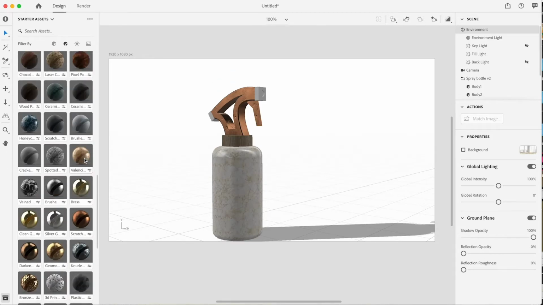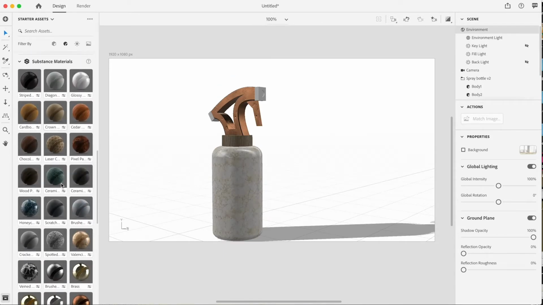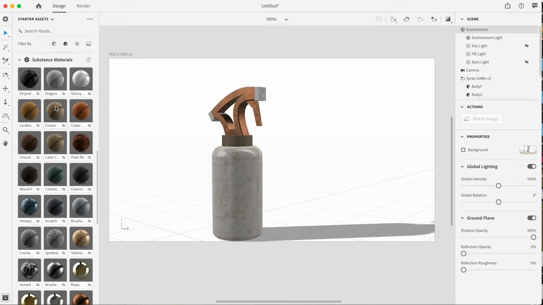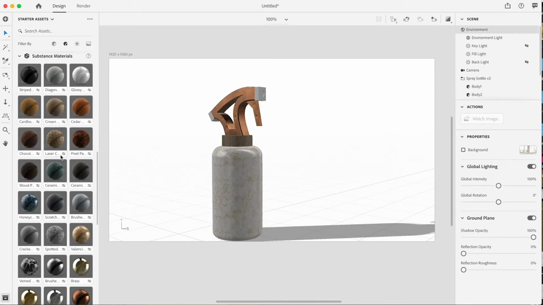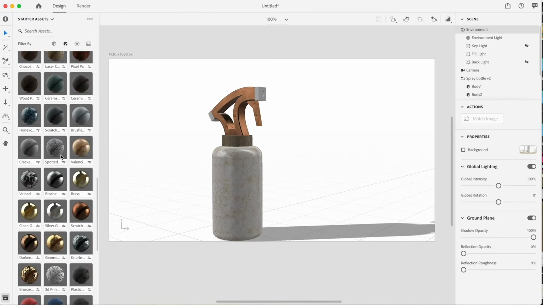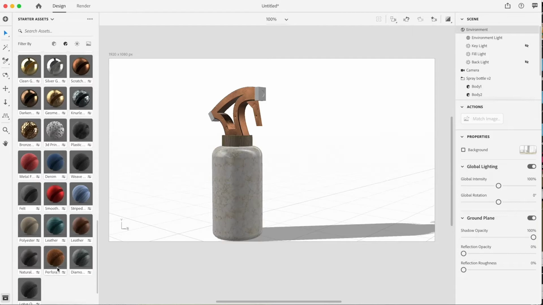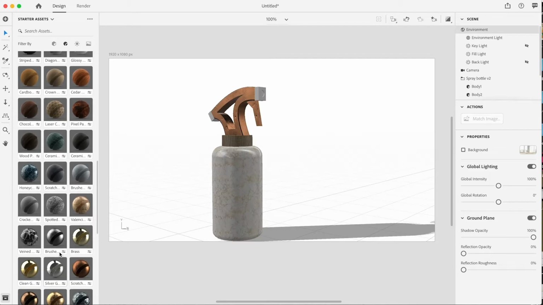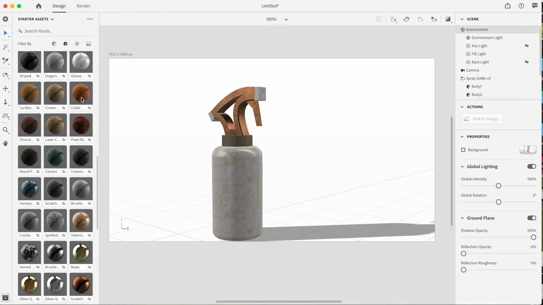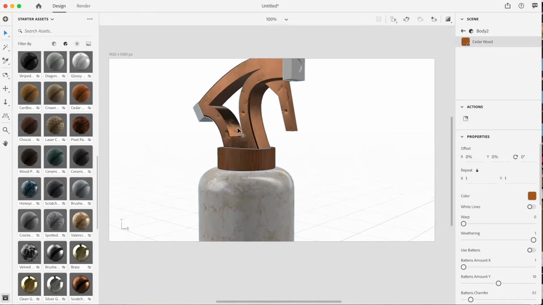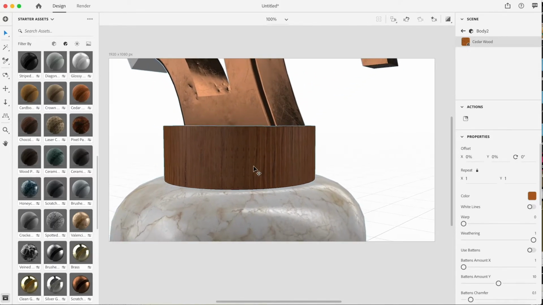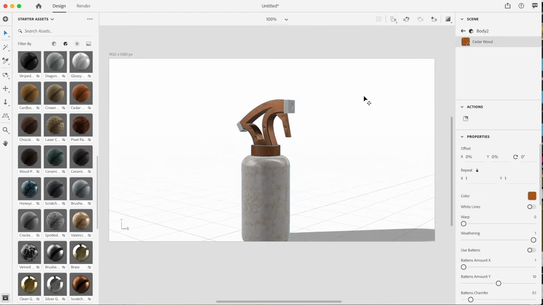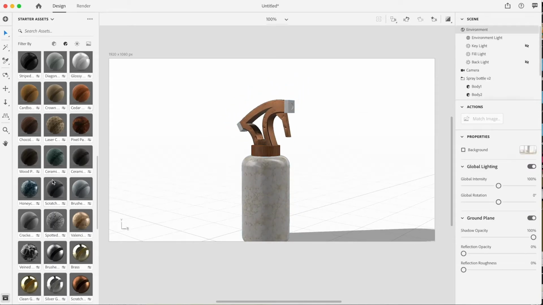The cap I would use wood. So just a second. This is carbon. Let me see where is our wood. Okay, just a second. Yeah, here it is. Cedar again. Sorry for the pronunciation. Let's add this to our cap, so it looks like a wood cap, and we're gonna add some